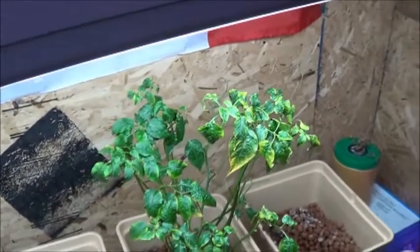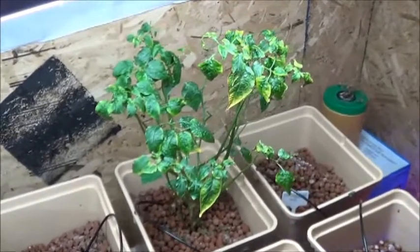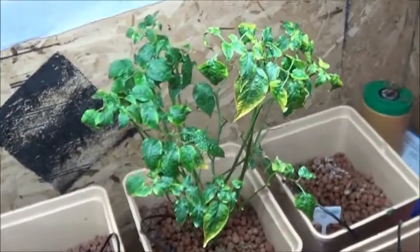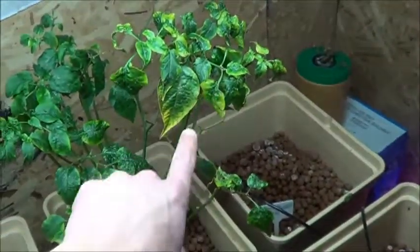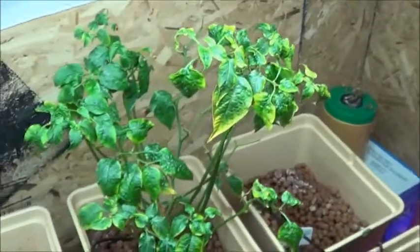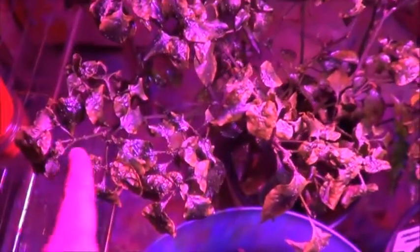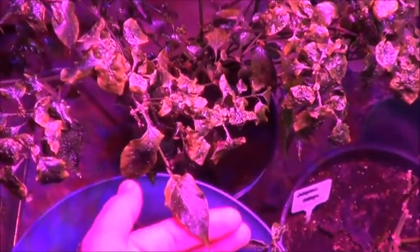Then we've got the last man standing among the hydroponic peppers. This is one of the variations on the hydroponics. Actually, this looks like it's kind of getting that deficiency going on too. You see the yellowing around the edges of the leaves here. I don't know if that's just age or what, but over here under the LED, and it's not showing up very well on the camera, I don't think, but I've got the exact same thing going on with the edges of the leaves on the El Oro Ecuador for about half the plant, I'd say. Just all of the leaves